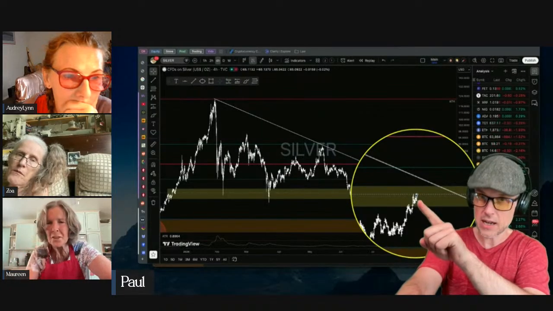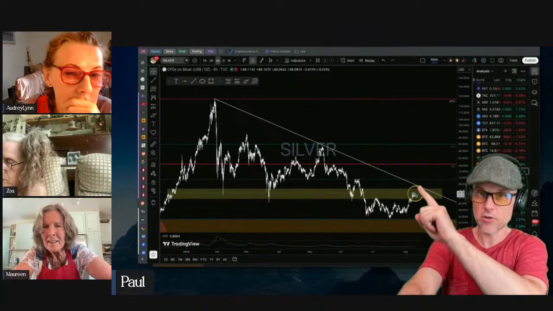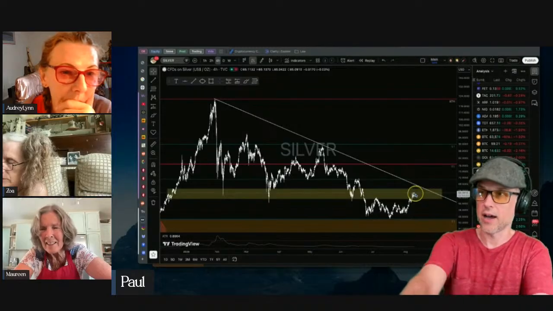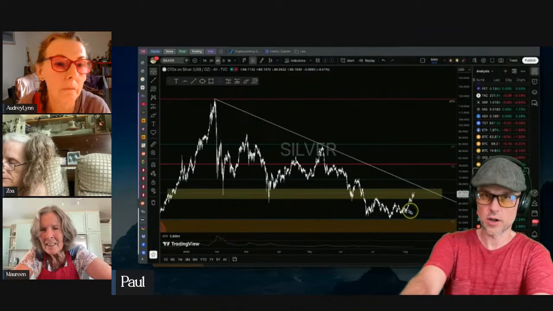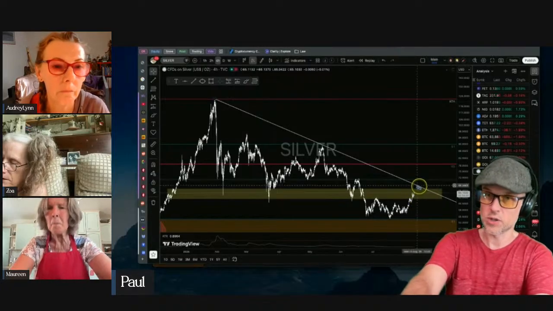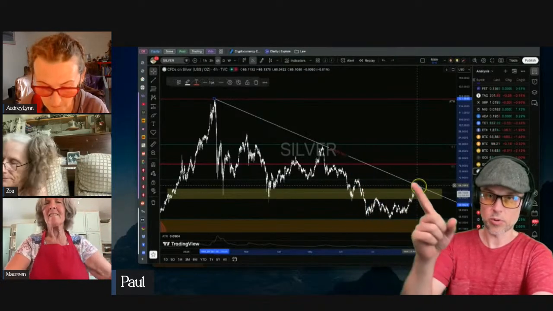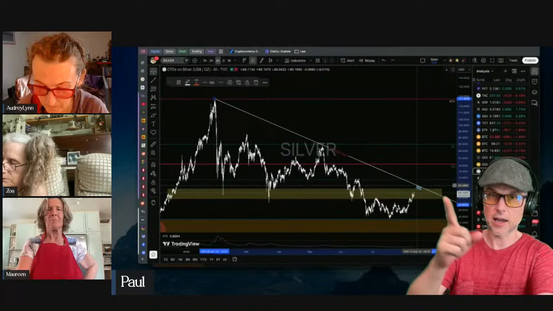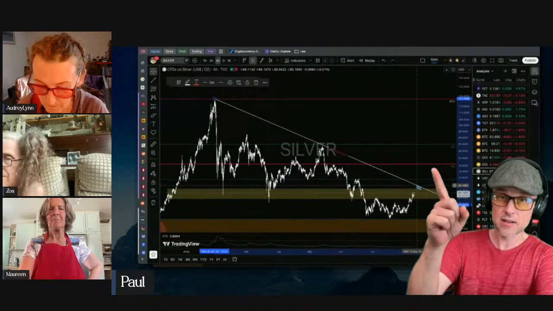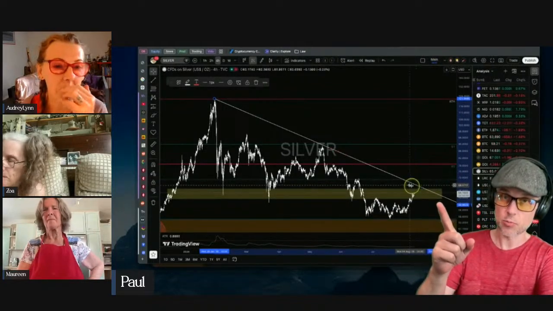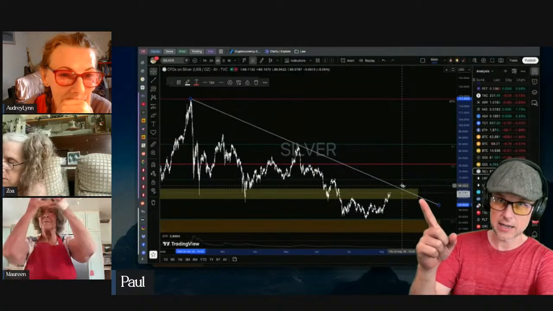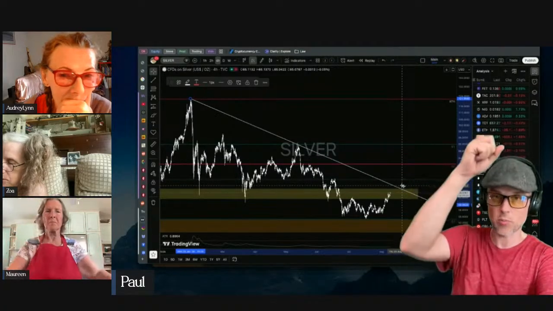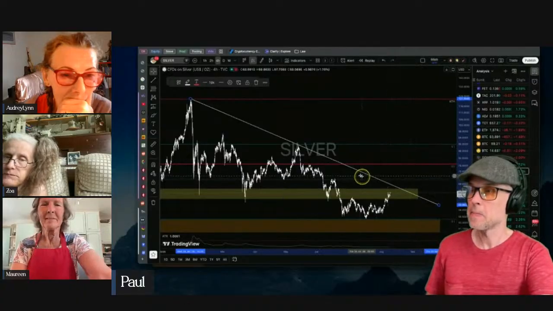So the trend, yes, is down. The trend right now is down, but I believe that we are starting to see an upward trend. We have to get past the resistance that will be present from this downward trend line. Once we get past that, I would expect it even to come back down and test that trend line one more time as support before heading up to the next high.